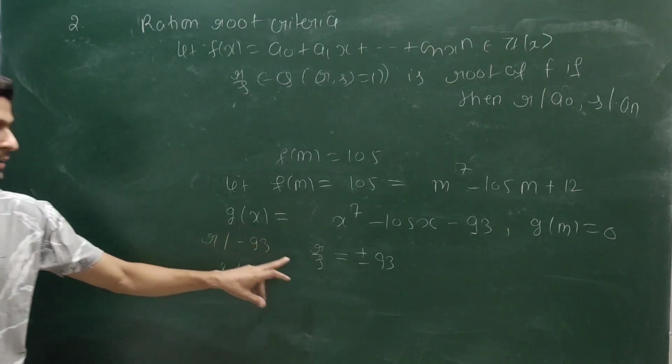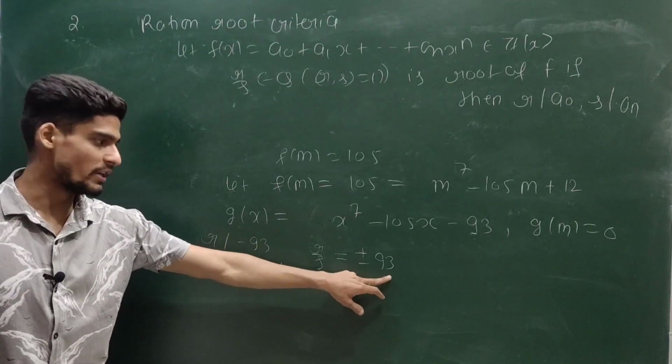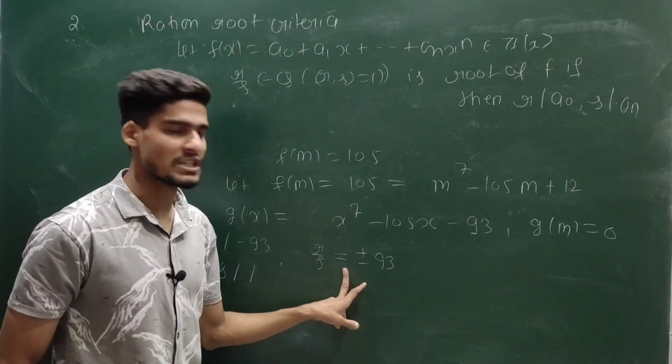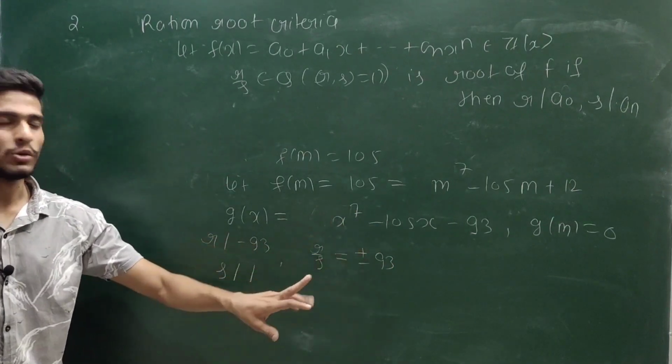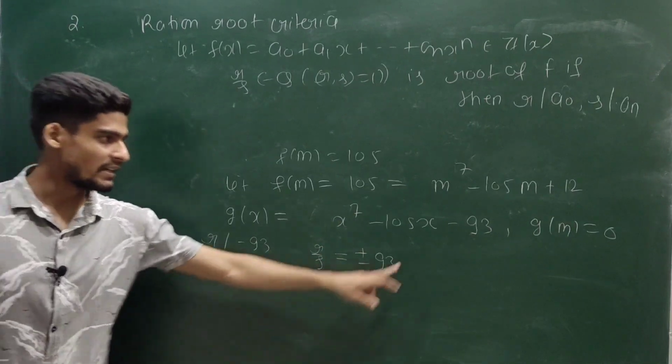अगर ये वैनिश होगा तो प्लस माइनस 93, और ये दोनों की दोनों इंटीजर है, यानी कि अगर इसके पास कोई भी रैशनल रूट होगा तो वो हमेशा इंटीजर रूट होगा. अगर कोई भी इंटीजर रूट होगा तो उसकी वैल्यू प्लस माइनस के 93 होगी. क्या ये 93 पर वैनिश होगा?